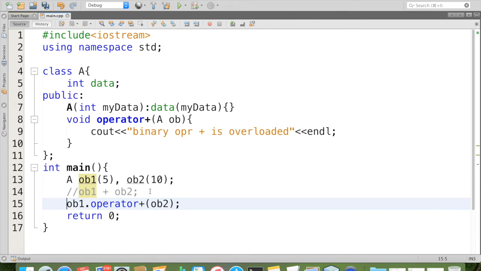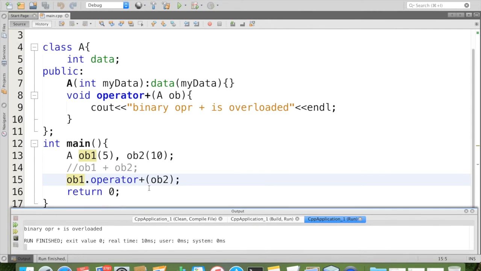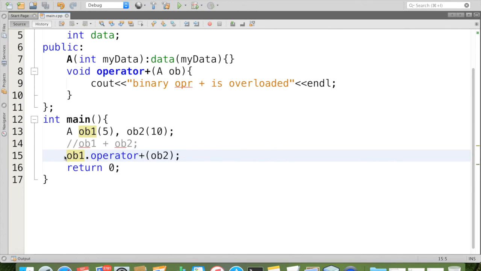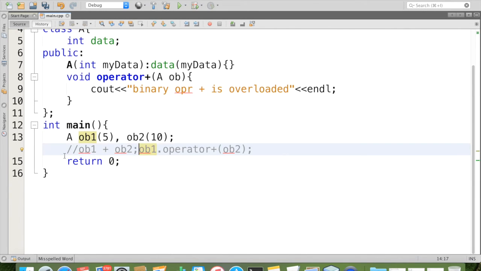It is the same: both are the same, OB1.operator+(OB2), but we are not going to use this one. So I'm commenting this part. We are going to focus only on expressions like OB1 plus OB2.